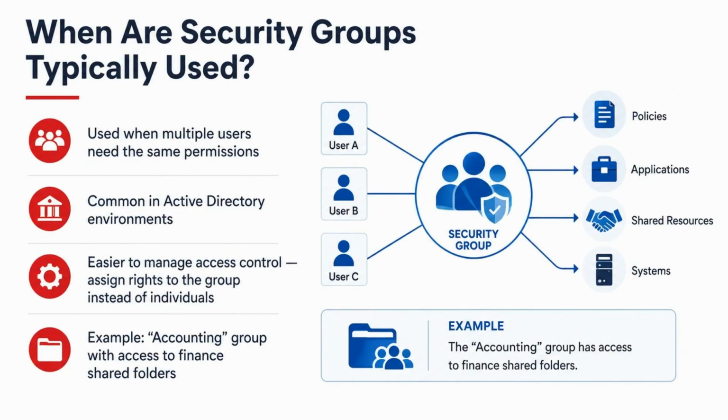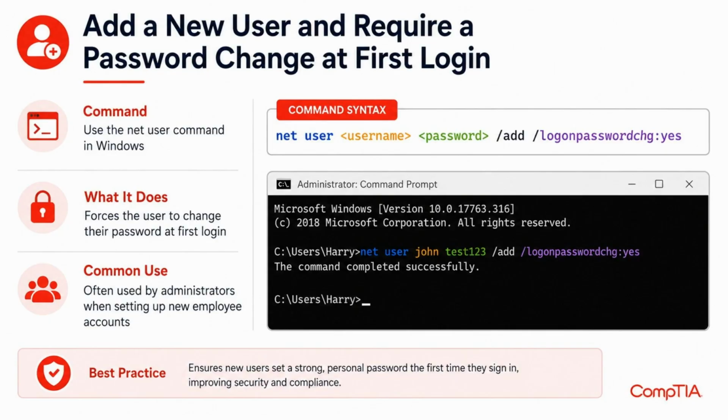Security groups are used when multiple users need the same permissions, common in Active Directory environments. It's easier to manage access by assigning rights to the group rather than individuals, like an accounting group with access to finance shared folders. The command is net user, followed by username and password with /add /logonpasswordchg:yes. This forces the user to change their password at first login, commonly used by administrators setting up new